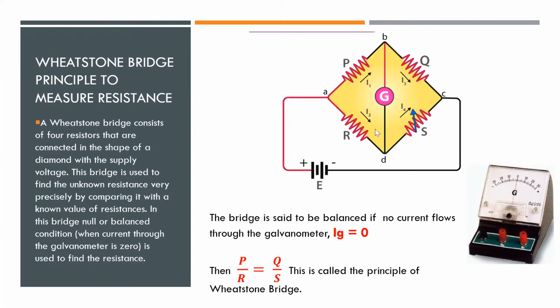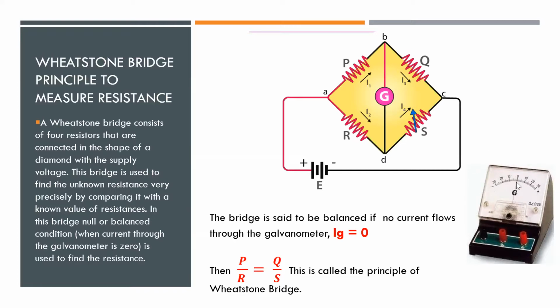What is a galvanometer? What is called a galvanometer? The meter which is used to measure the flow of current. Yes, it is a device that is usually used to know whether there is current in the circuit or not. It is not usually used to measure the current, but it can be used to identify whether there is current. So here I have shown a picture of a galvanometer. See, here the pointer reads 0, which means there is no current.